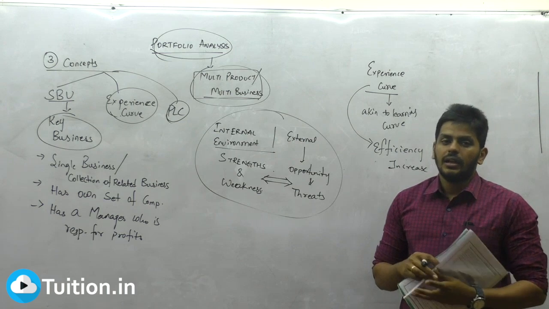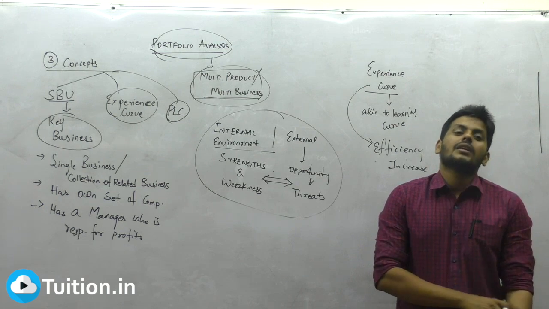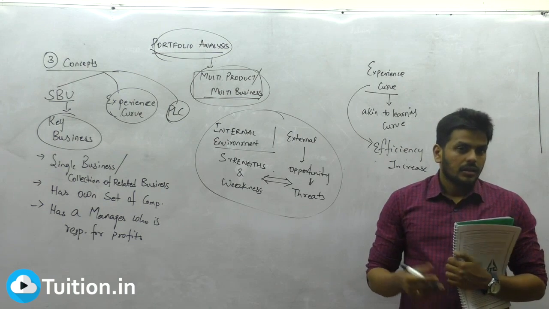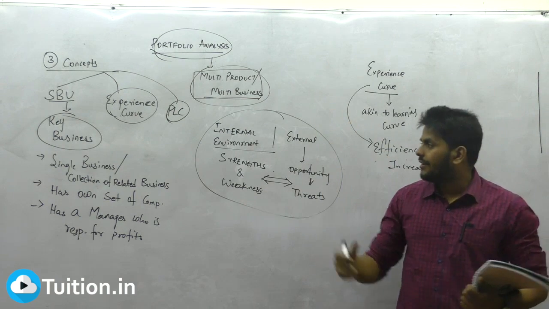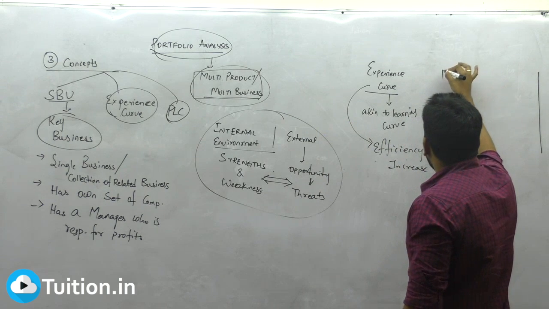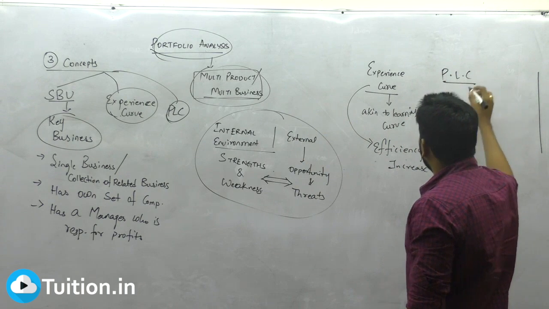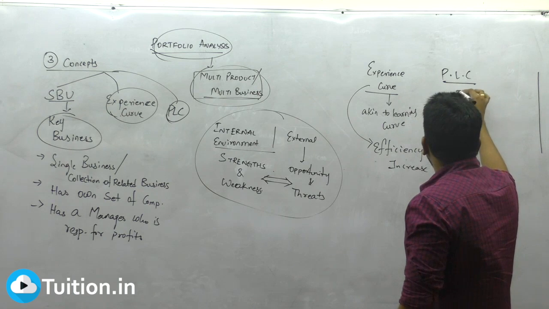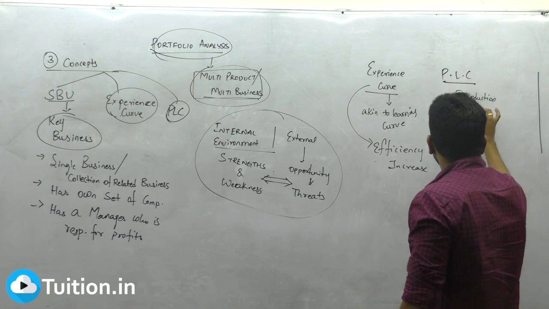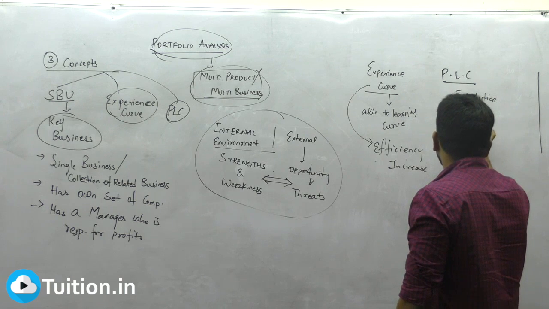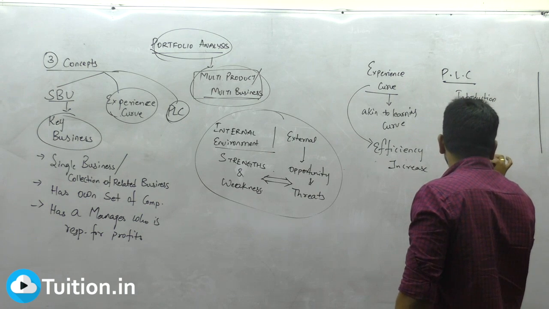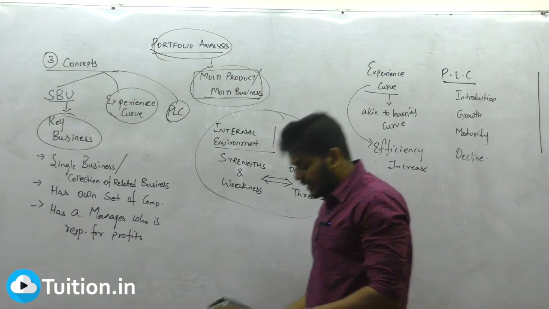Product life cycle. Guys, I think we discussed this already. Tell me, what are the stages that I told you? Introduction, growth, maturity. Fantastic. We already know this. So we are now talking about the product's life cycle. PLC is essentially an S-shaped curve. It will follow four stages: introduction, growth, maturity, and decline.